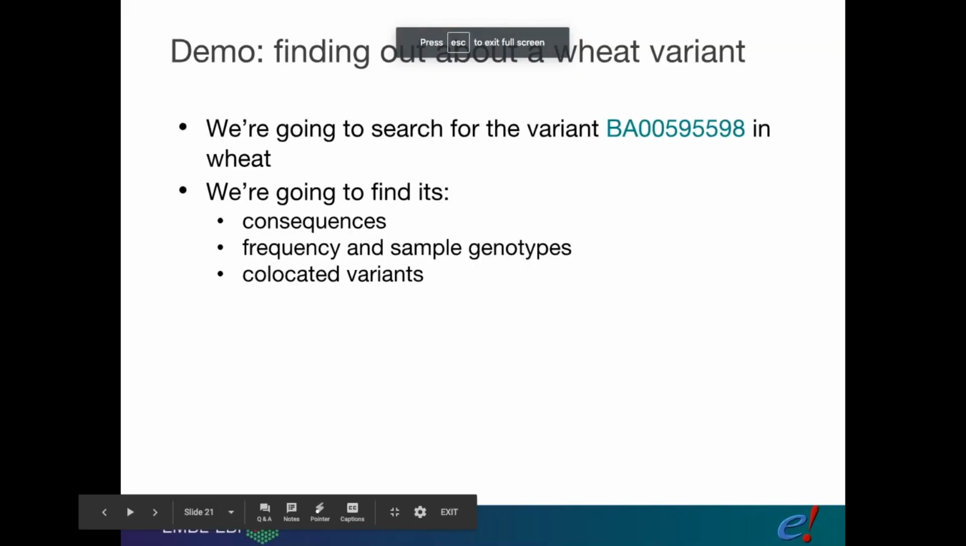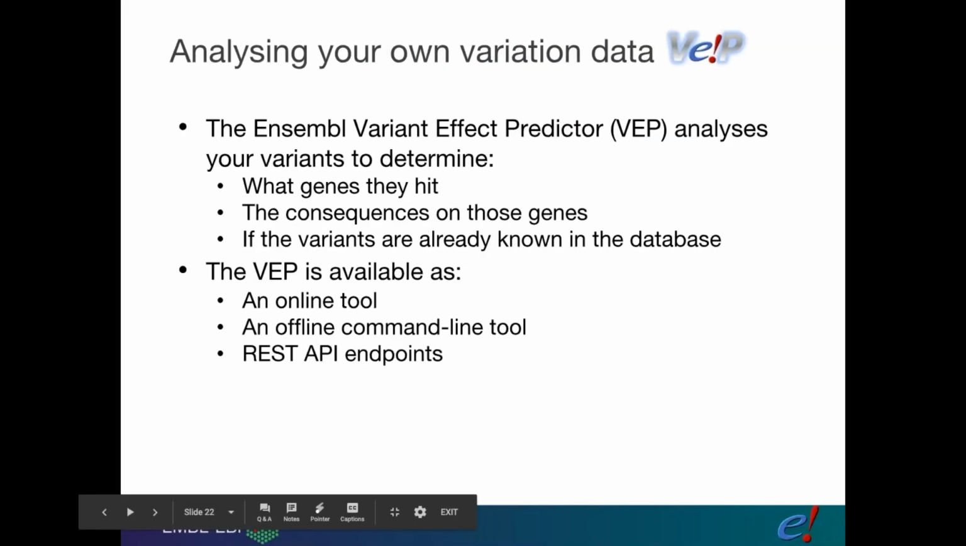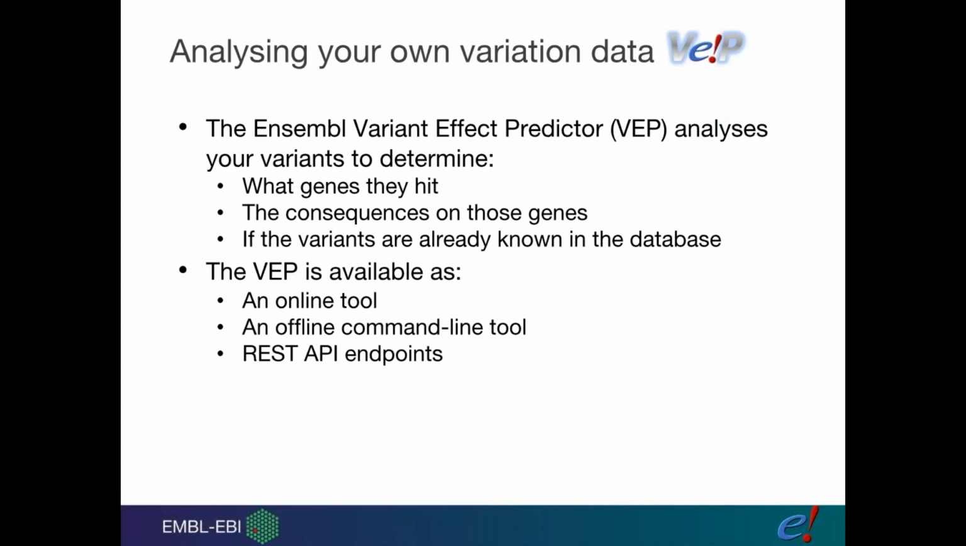Another way that you might be approaching this, rather than having a known variant that you wanted to find out information about, is that you may have your own variation data and you're looking to find out what information you can pull out of that data. So if you've got data from whole genome or whole exome sequencing, and you've created a VCF, you then want to determine what genes your variants hit, what consequences they have on those genes, and if the variants are already known in the database. The way that you can do this is using the Variant Effect Predictor, or VEP,